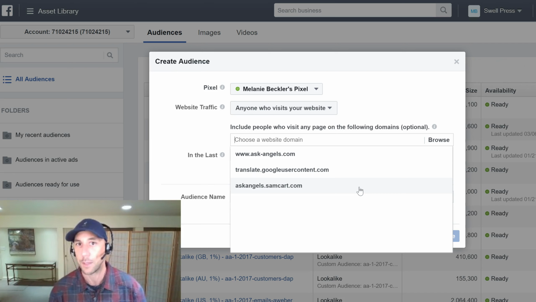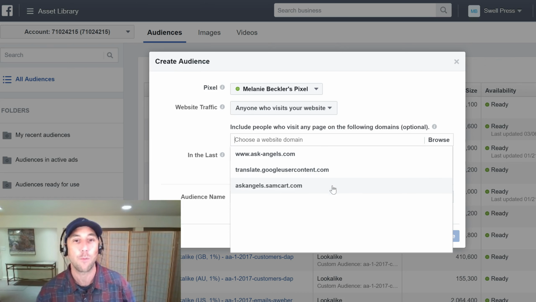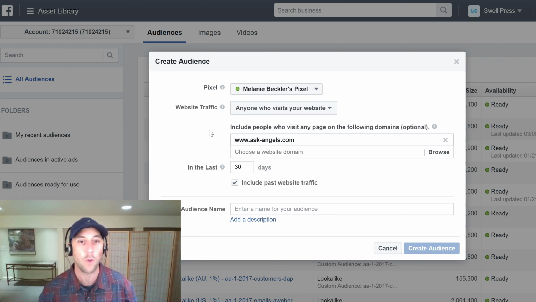And this is my shopping cart system. You can see that it's the samcart.com because I do have my pixel tracking all the way to my shopping cart, which is on a separate domain. So if you had 3 separate websites, website A, website B, website C, you would see them all here. You simply choose the one that you want, and then you can toggle how many days. I believe you can go up to 180 days, which is 6 months,